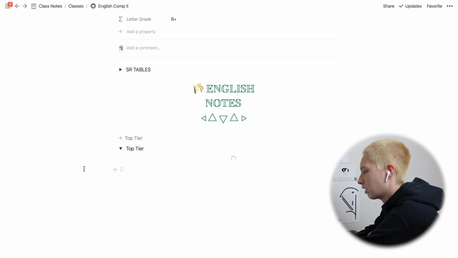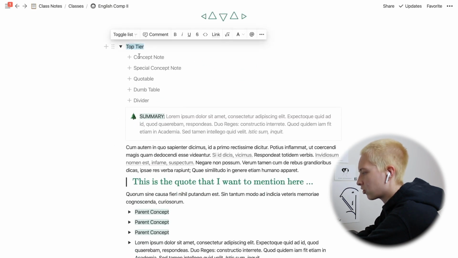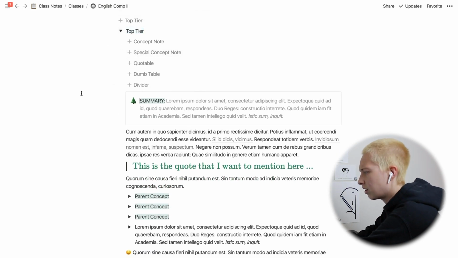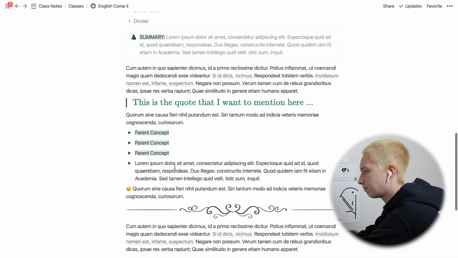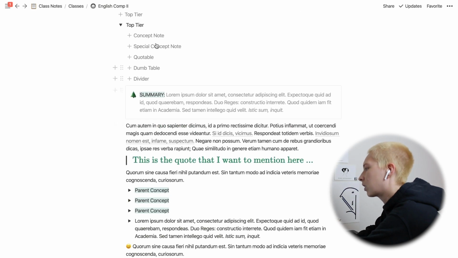And here are the notes we're going to make as a template. So top tier just represents the major topic that is being discussed in this particular class. There might be 2 or 3 of these. And then within those top tier titles, you're going to have everything inside. So in here again, we have a little bit of a green theme, and we're going to go through creating these